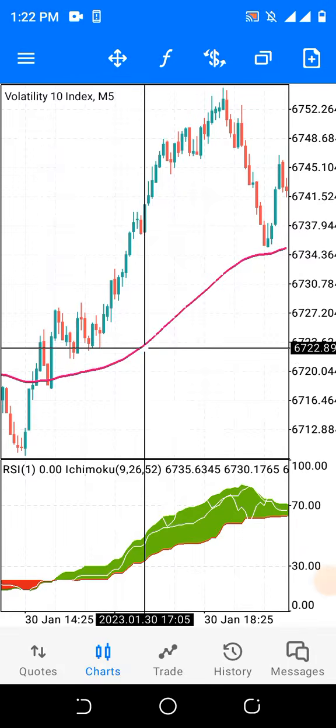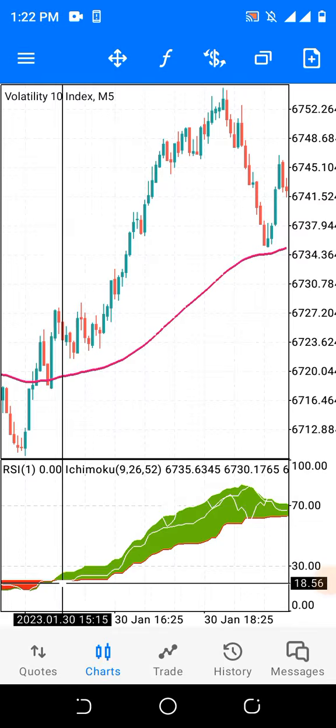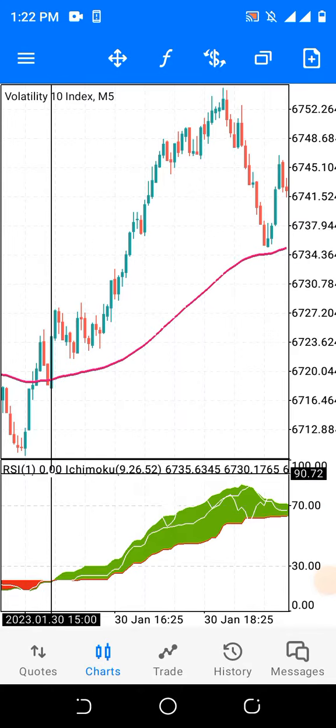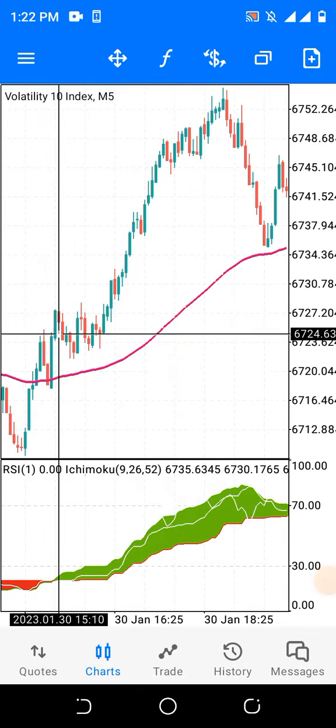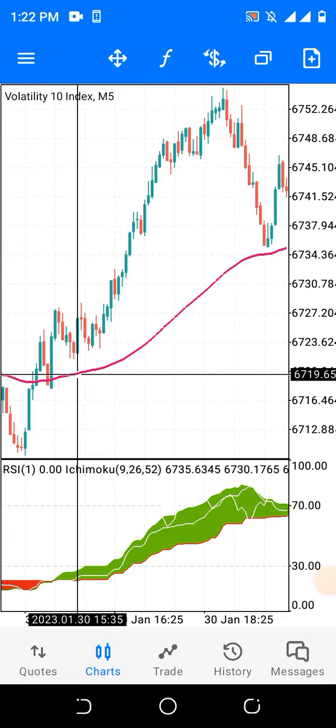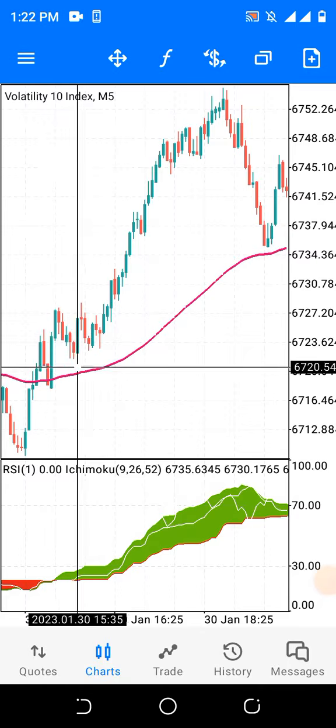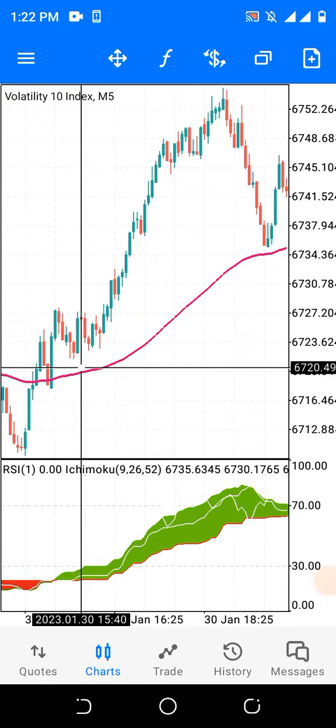Now, this is where to make your entry, where the Ichimoku, now here is red, where it turns to green, where it changed to green. That is the first condition. Now the second thing is that once it changed to green, that is a bullish trend. The candlesticks must be above the moving average. That is the second condition. Now the third condition is that the candlesticks must be close to the moving average. The reason for this is because we are going to use the moving average as the place where we are going to put our stop loss.